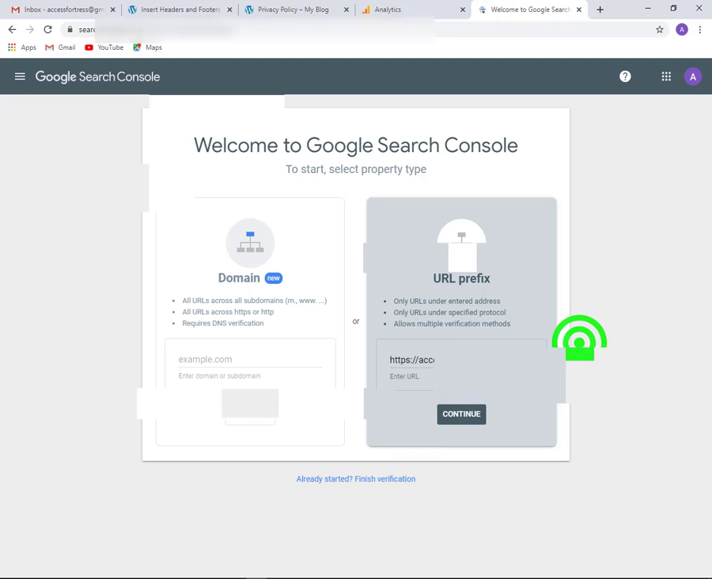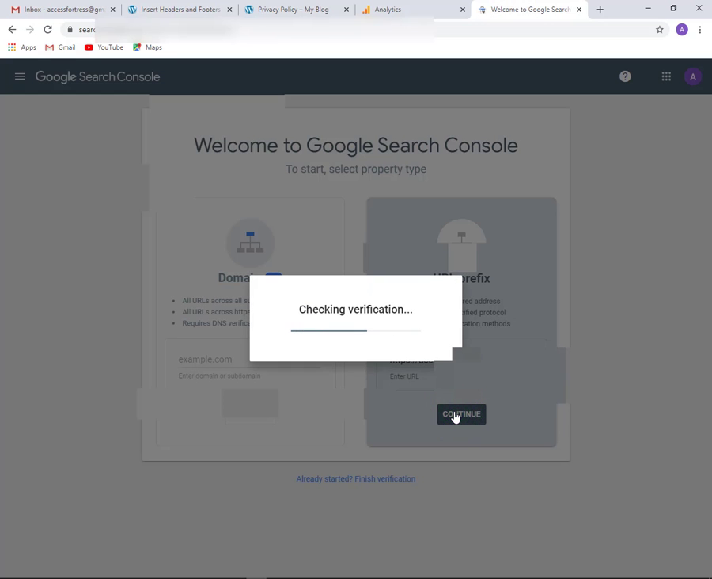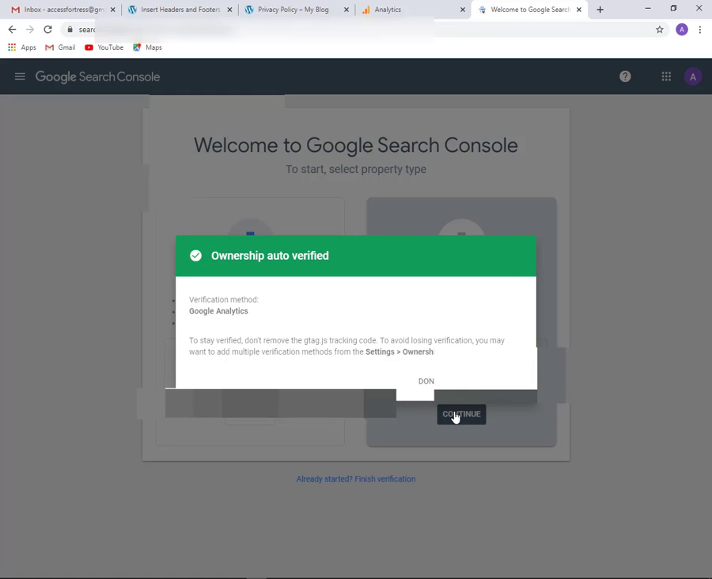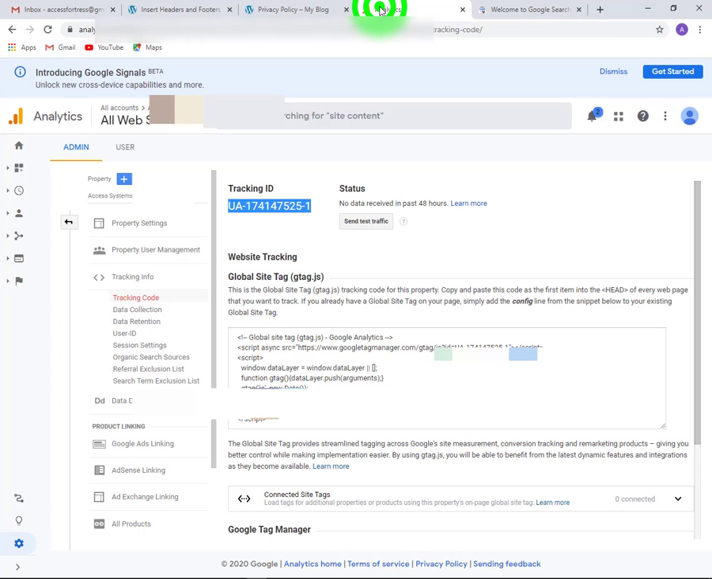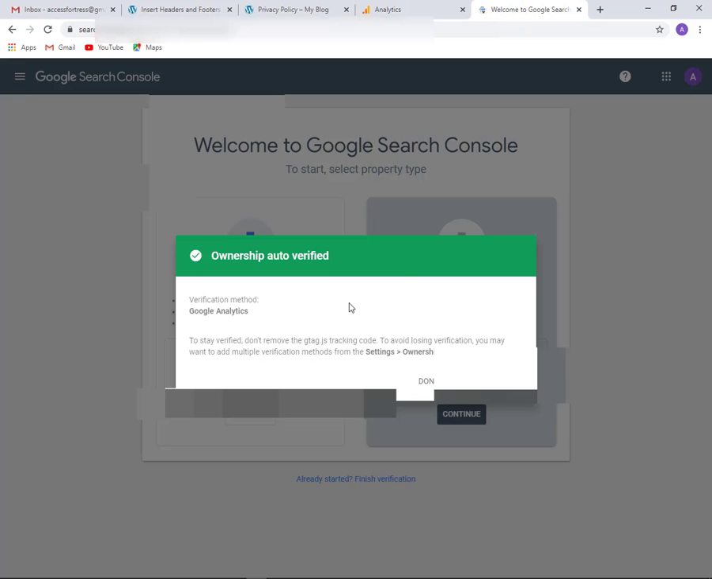and paste it. So what I'll do next is it will just check if it's verified, and it will give me options on how to verify them. Okay, now because I already set up analytics and I've already opened analytics in another tab, it will automatically verify